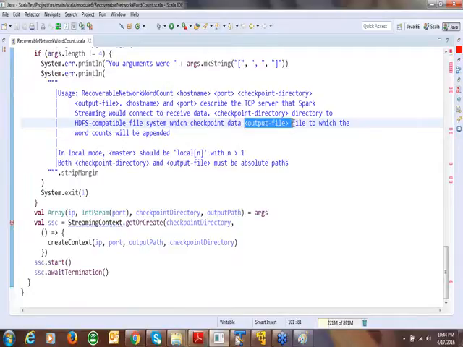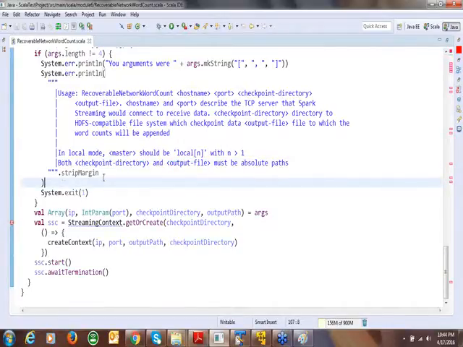So this directory is used for storing the checkpointed metadata, and this is the file where the actual output will get stored. Then in the local mode, master should be local of n. So you can also run this application in local mode. Both checkpoint directory and output file must be absolute paths. So ensure that you pass the absolute path for both these parameters, not the relative paths from where you're running